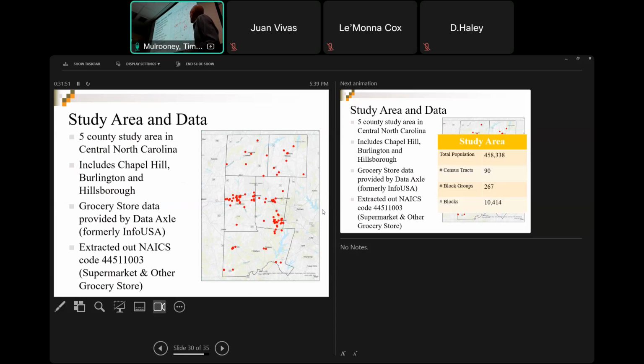Now, there's a lot of things we need to do because, as you can imagine, if I were to look at all the businesses here, there are a lot more businesses than this. And so what do we look at? We look at these things called NAICS codes, North American Industry Classification Standards. So you can clear out things like vape shops, fast food, everything.